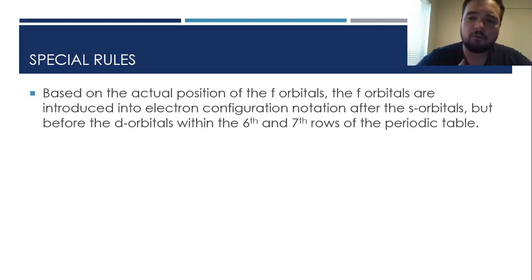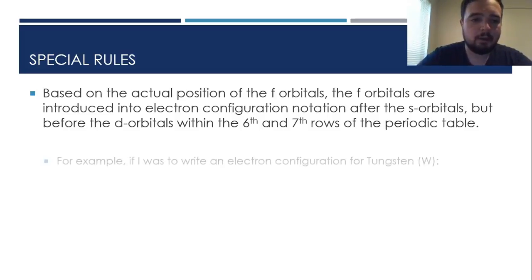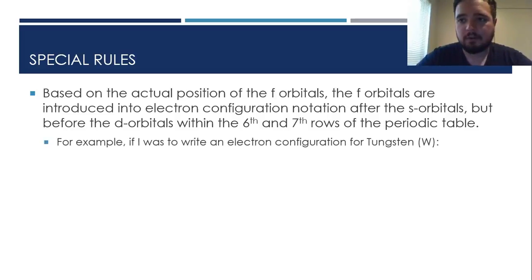So based on the position of the orbitals, when you're reading across the periodic table and doing electron configuration for those bottom rows, you have to include those f rows, even though it looks like they're not inside the periodic table itself. So if I take an example of tungsten,